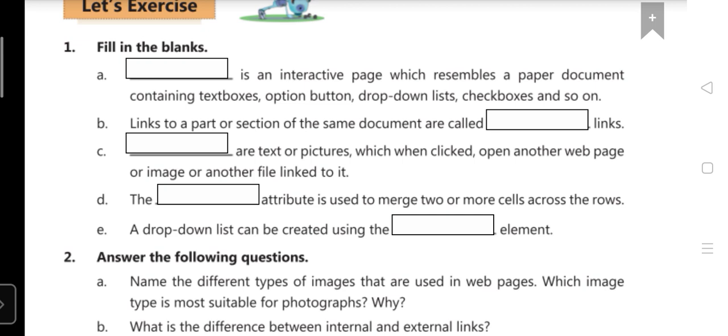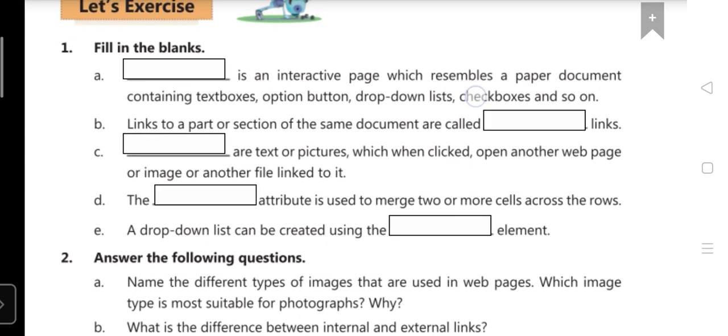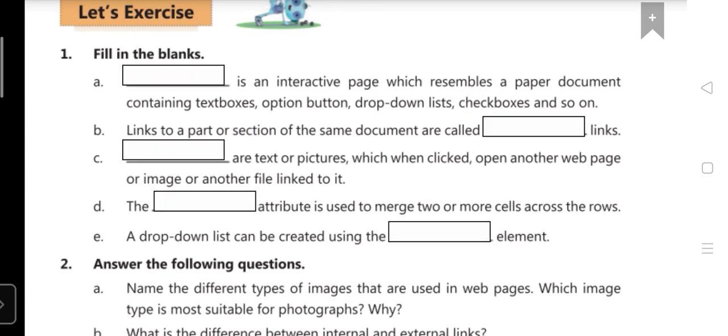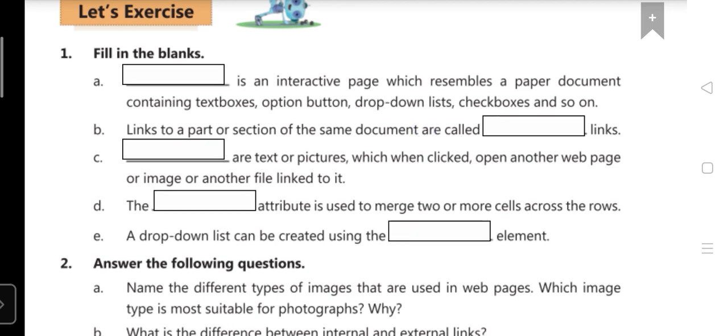A. Blank is an interactive page which resembles a page or document containing the text box, option button, drop down list, checkbox, and so on.